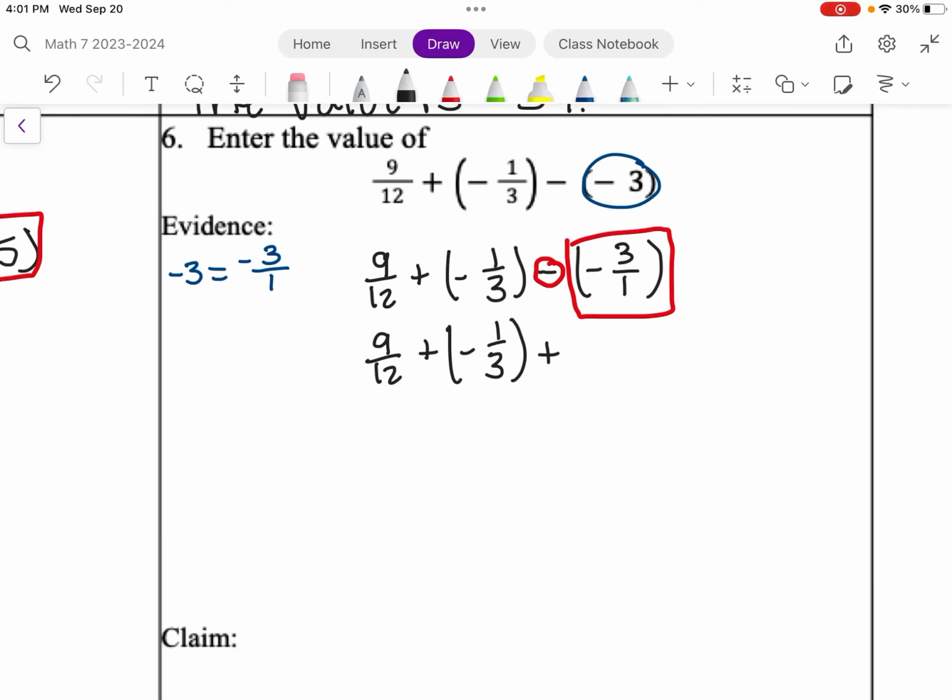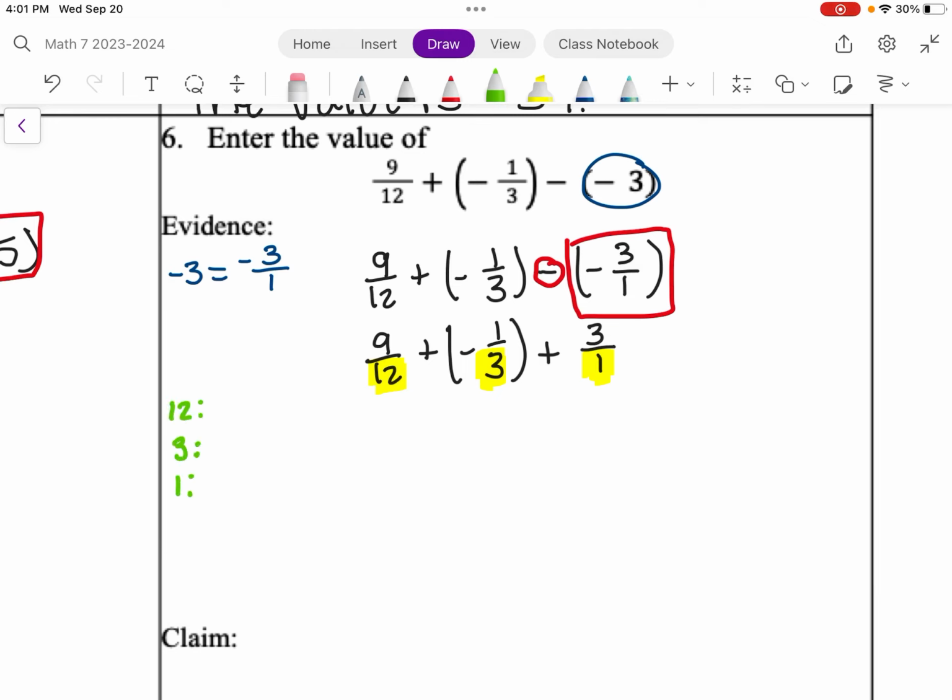My negative 3/1 has to change to its opposite, which is positive 3/1. Okay. Now that I have it as addition, I want to find the LCD to be able to add these all together. My LCD, I have to find by grabbing my denominators, so the numbers on the bottom: 12,